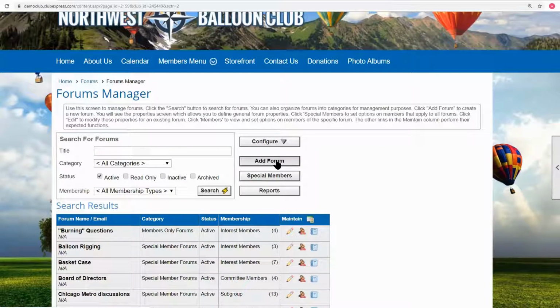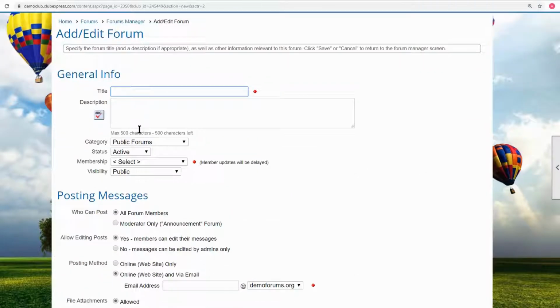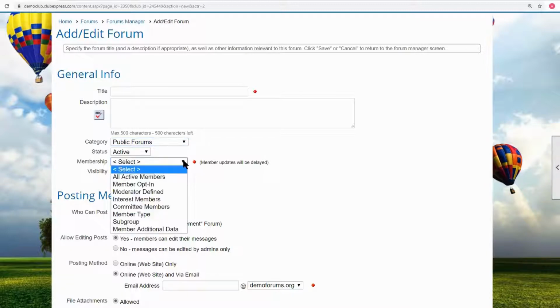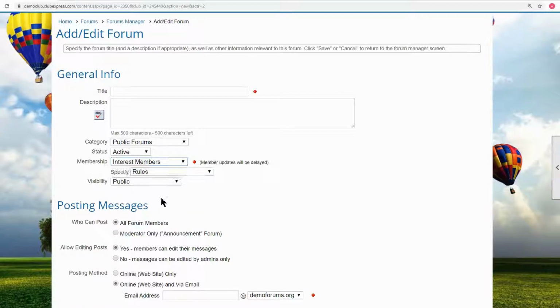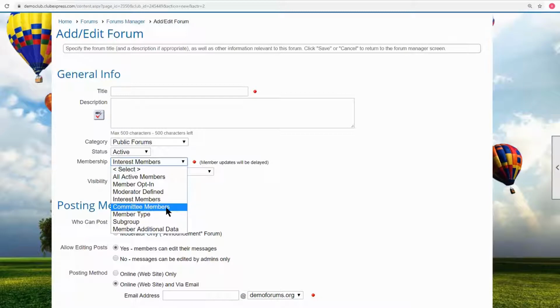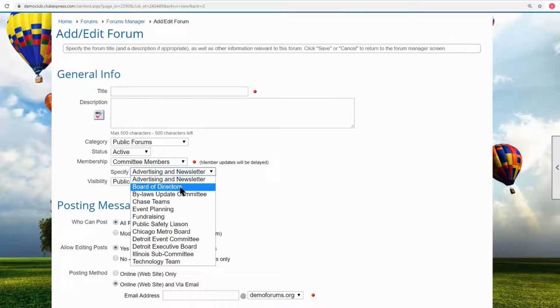I'm not going to add a forum now, but you'll see that it's mostly that same information: the forum title, what category does it go into, what's the membership, all active members, member opt-in, is it moderator defined, meaning only the moderators can add people? Is it for a particular interest, in which case it'll ask you which interest? Is it for a particular committee, maybe your executive board?